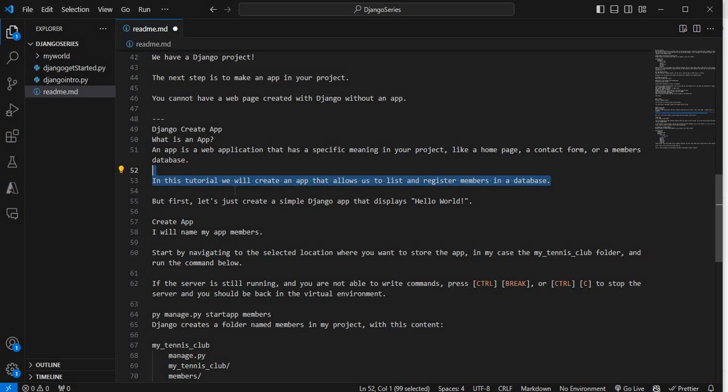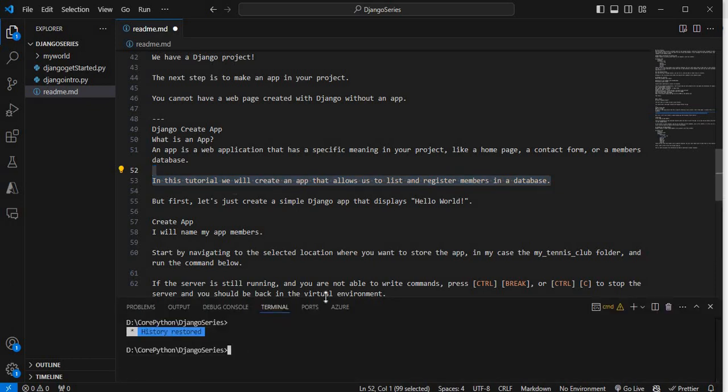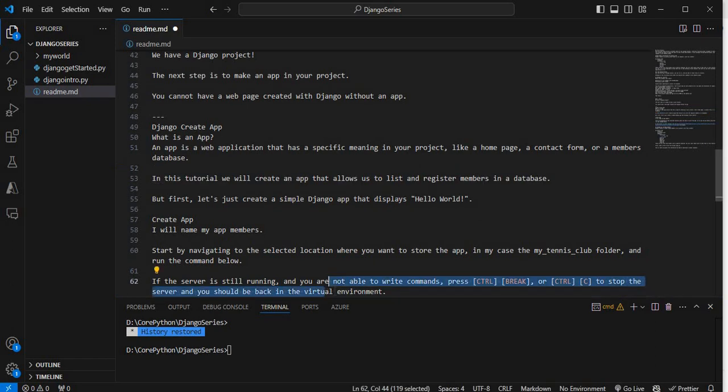In this tutorial, I am going to create an app that allows us to list and register members in a database. But first, let's just create a simple Django app that displays hello world. So for that I am going to open my terminal, and if you